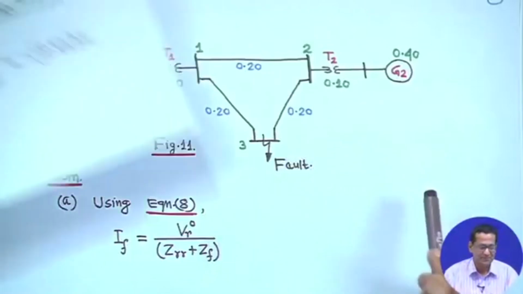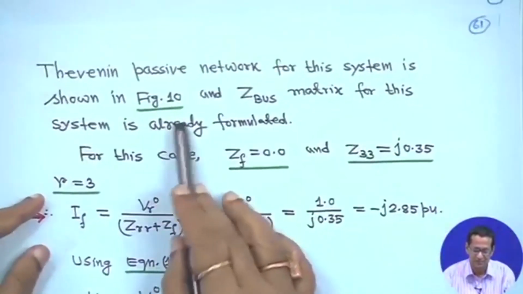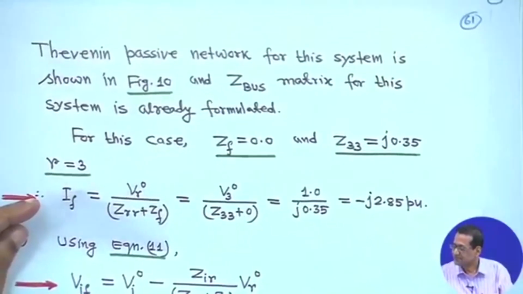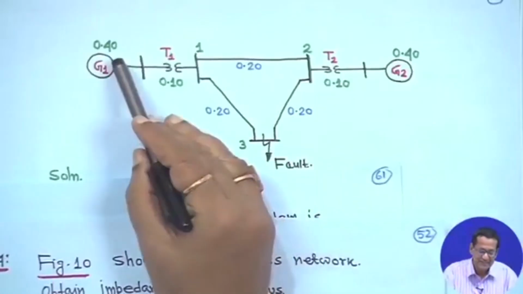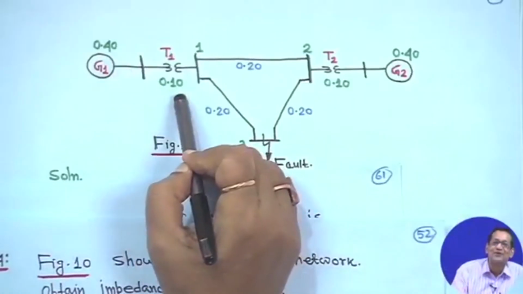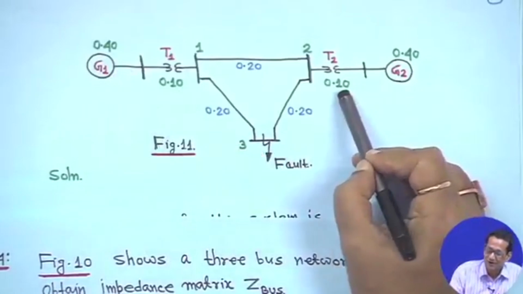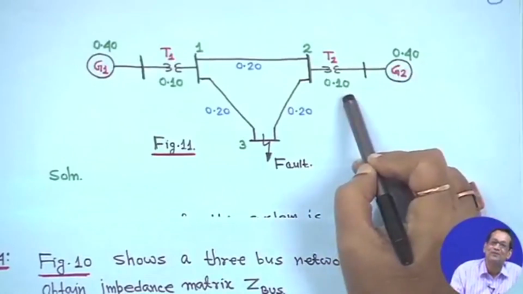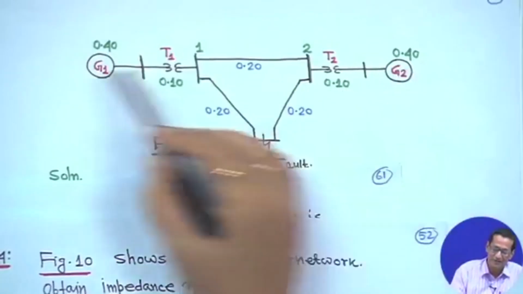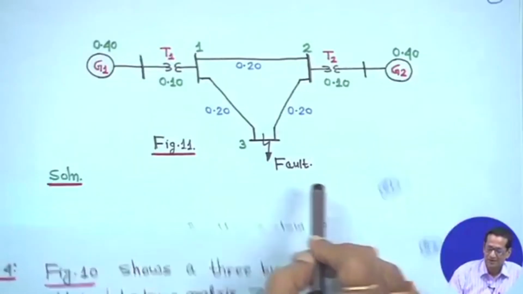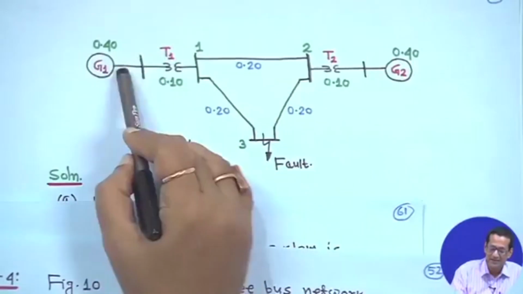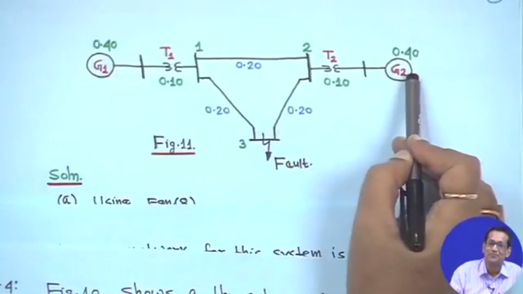So, Thevenin's passive network for this system is shown in figure 10, because here the generator is 0.4 and this is 0.1. So, 0.5, here at 0.1 and 0.4, it is 0.5, right. When the fault has occurred, the generators and all that in ground is the reference, because your fault has occurred. So, basically if you add this to 0.5,